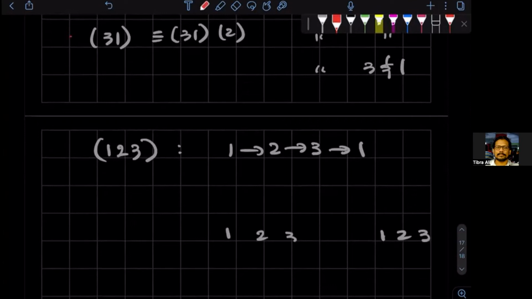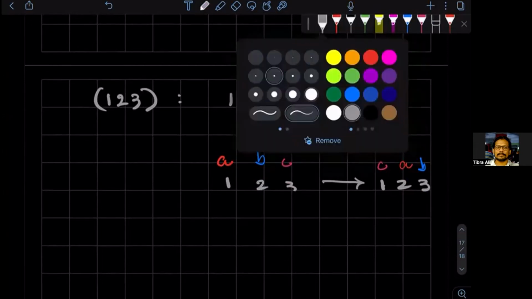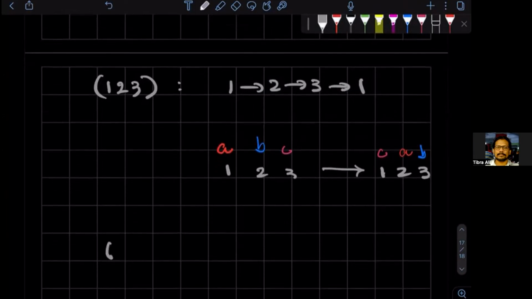Suppose we had in position 1 A, B, and say C. So A will go to 2, B will go to 3, C will go to 1, right? So there's another element in this group because we are up to 4 now, and that's going to be